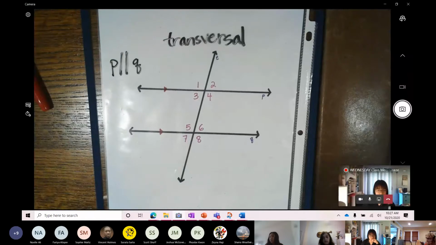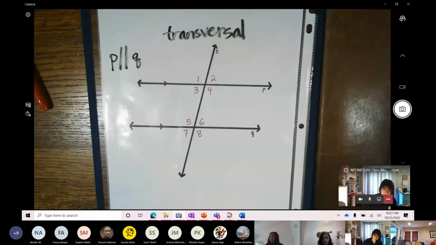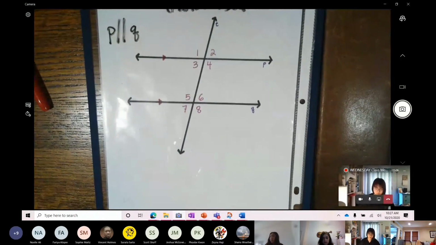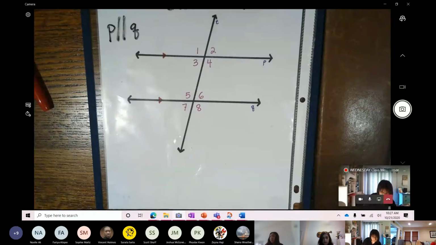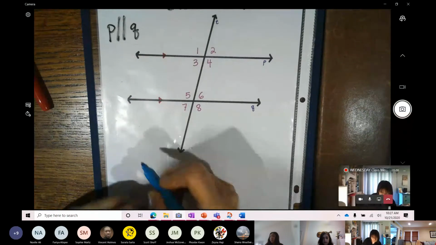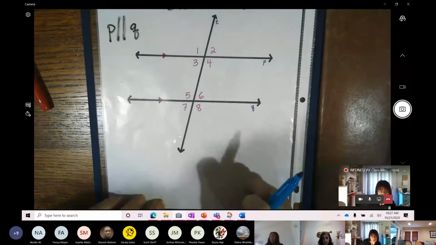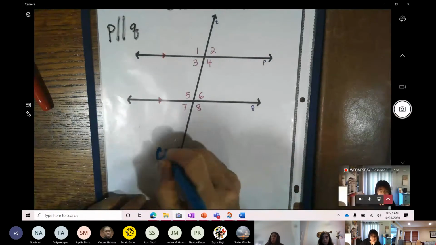I don't want to rush you, but have I given you enough time to draw it carefully? Okay. If I go too fast, pop your hand up and let me know. Otherwise, we're going to talk about these angles right here that are formed by the transversal. So I'm going to start with corresponding angles. So underneath here somewhere, maybe put 4 different spots. And we're going to talk about